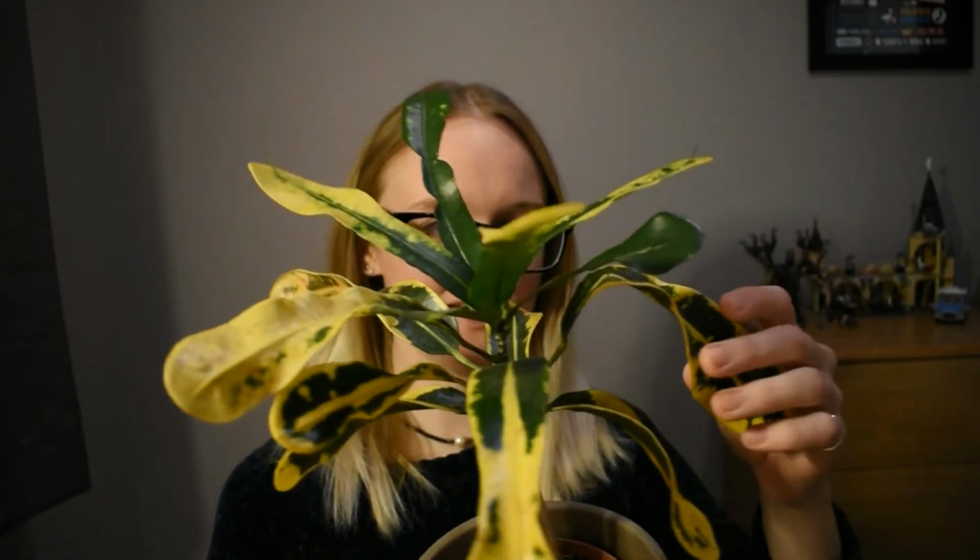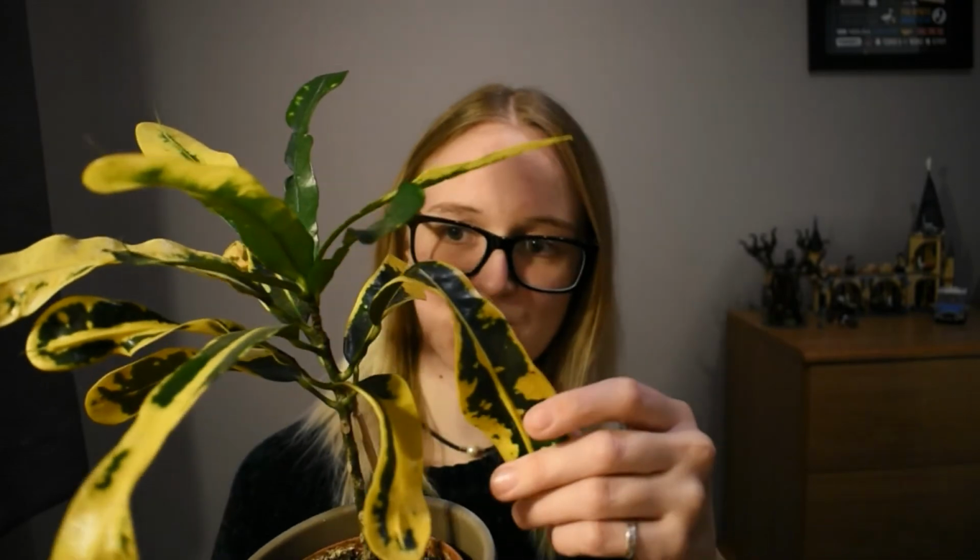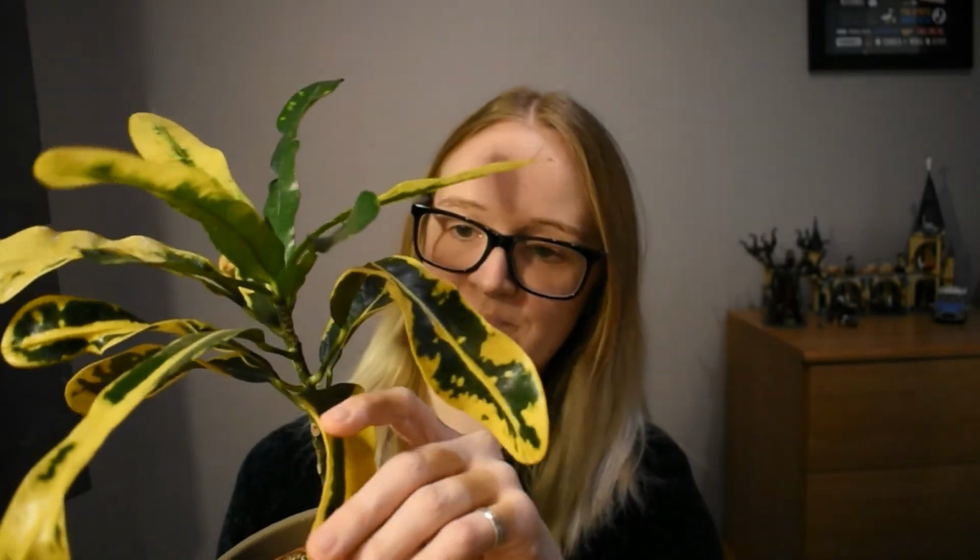I think the colours in him are so cool. And I've actually tried to identify him online and I can't find anything at all about what he is. So if anybody knows, let me know, because taking a picture of him and running it through one of those identifier apps just doesn't seem to be working. Maybe he's an anomaly, maybe he's an only one. He's definitely not, but